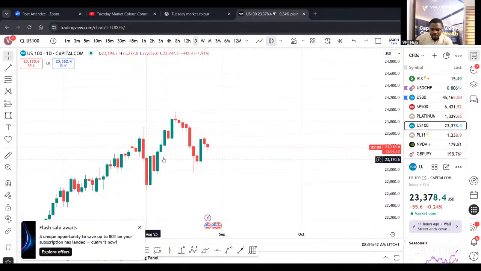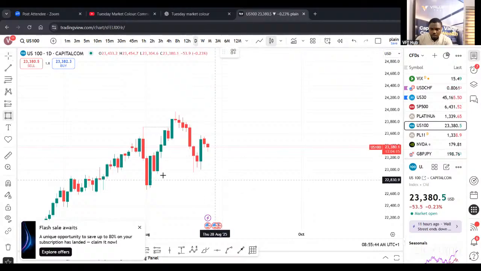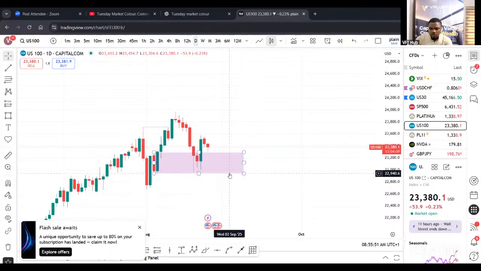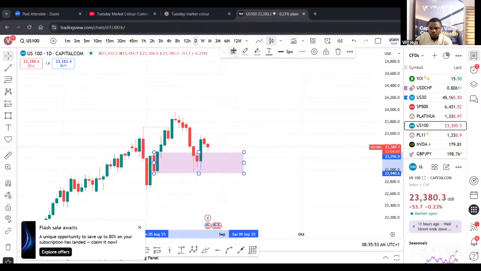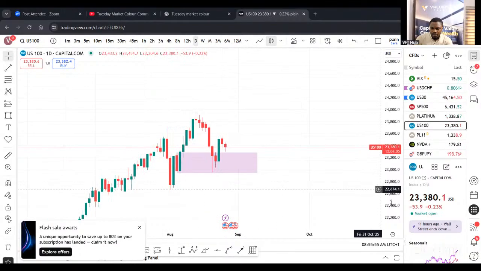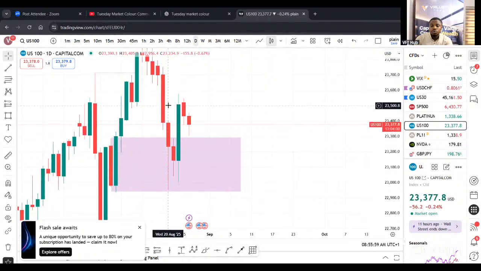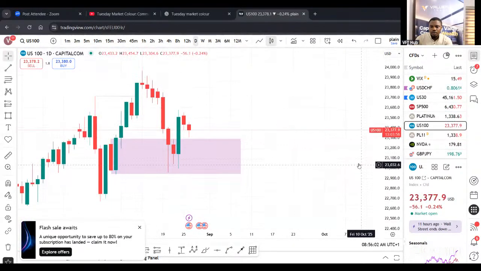Market has tested this other block and dug into it. I believe this other block is now fully mitigated because price has dug up to 50% of this other block. So it is fully mitigated now, right? And then price is trying to push to the upside. Price has even pushed to the upside. However, it is also reacting from this